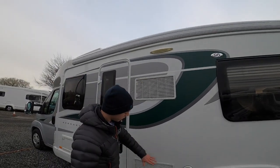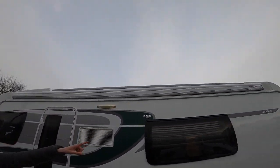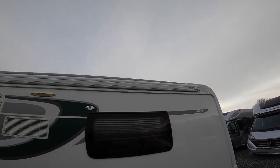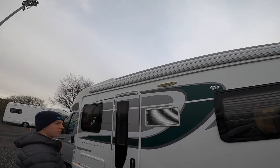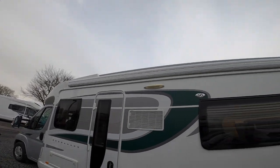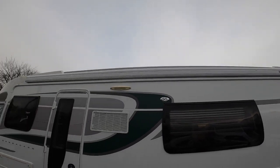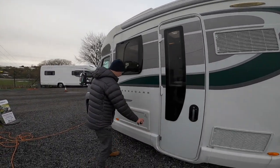You've got your fridge vents, your awning light. Your awning just winds out, you'd wind it so far out, and then there's legs on the inside of the canopy which you'd fold down, and the rafter bar would go in the middle. But with your awning, make sure that it's only used in wind speeds less than 15 miles an hour. If you go out or you go to bed on an evening, bring it in, don't leave it out overnight. And then in here